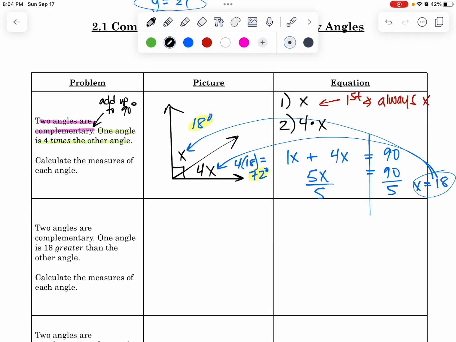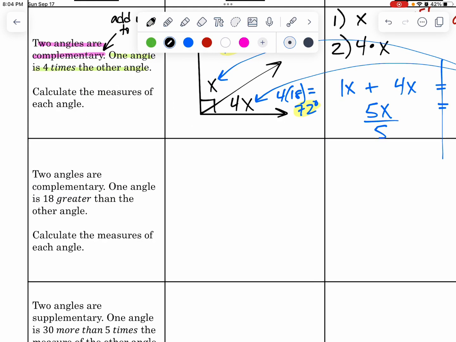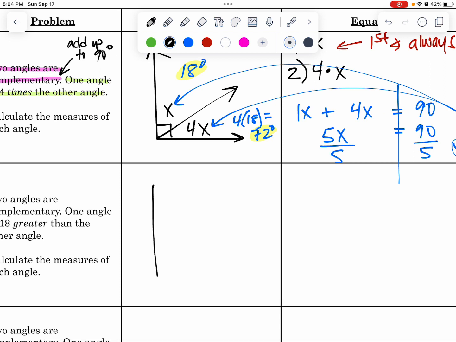So the next one. Two angles are complementary, and I'm seeing this word again. It's the same word that we used up here. That means that they add up to 90, so that is excellent. And I'm going to draw my picture again the same exact way that I did the first one. Because it says complementary, that means that they add up to a right angle,